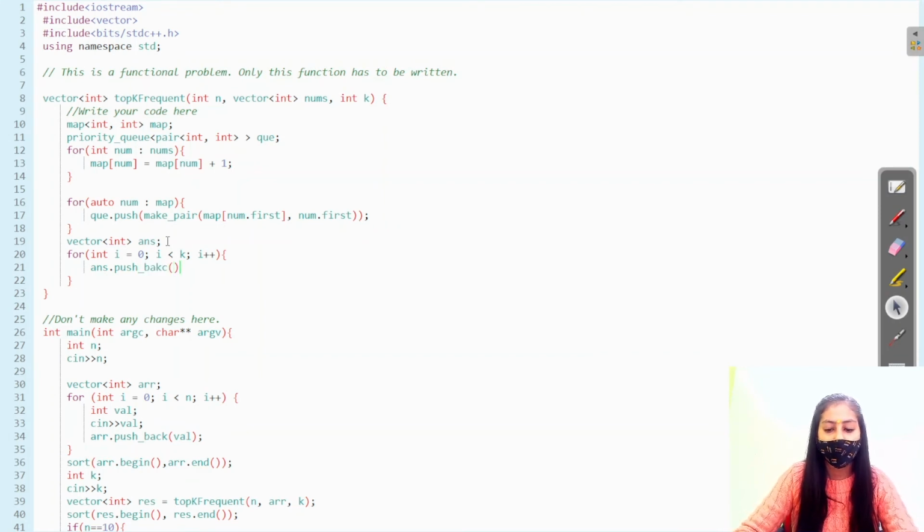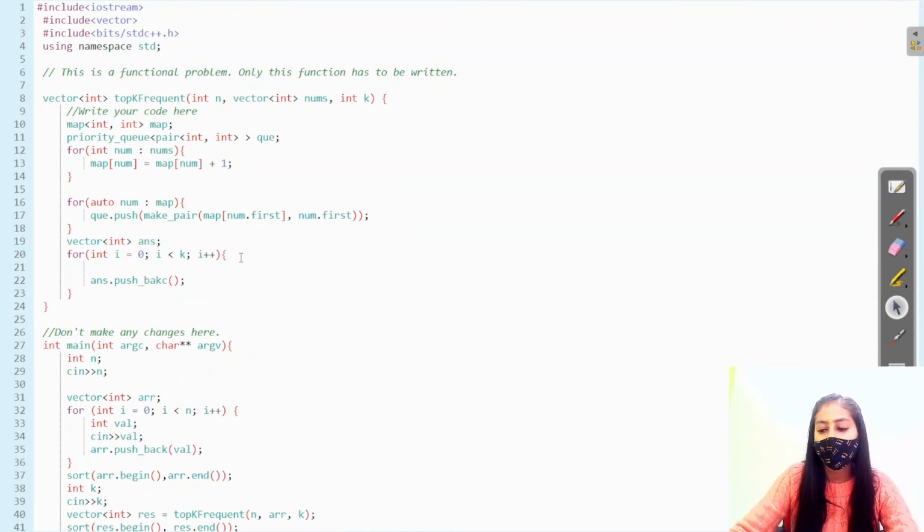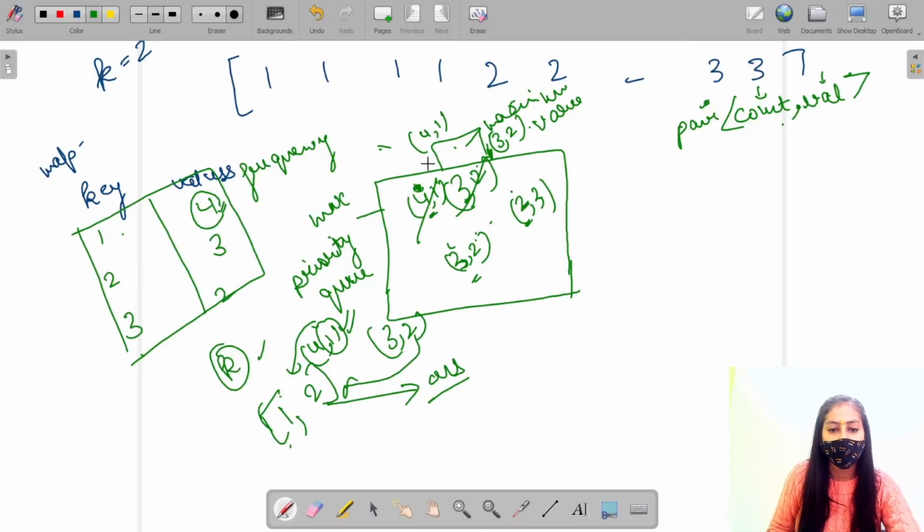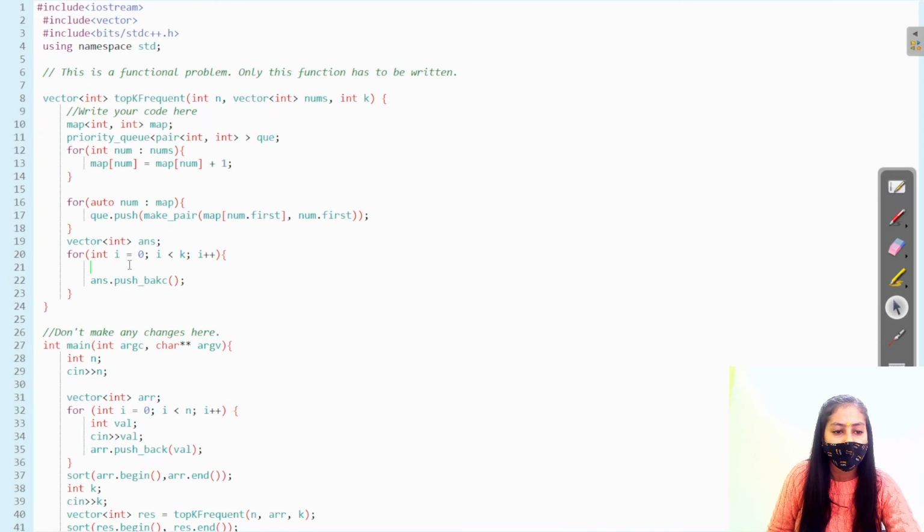Now we have to add to the answer the topmost element of our queue. So let's take the topmost element. It is of type pair. remove is equal to queue dot top, which gives me the topmost element. So add the second part, that is the value, to my answer vector.